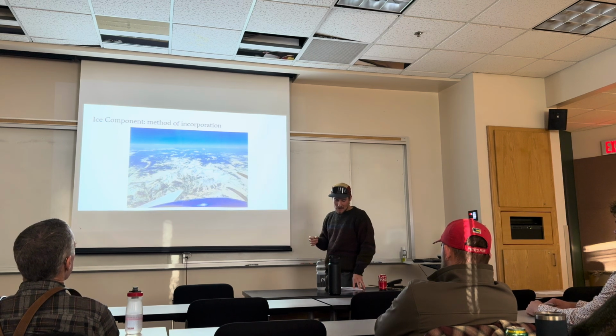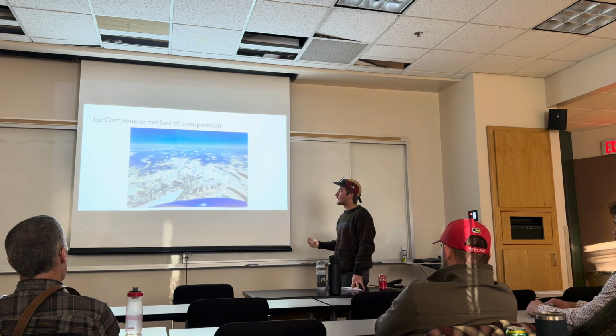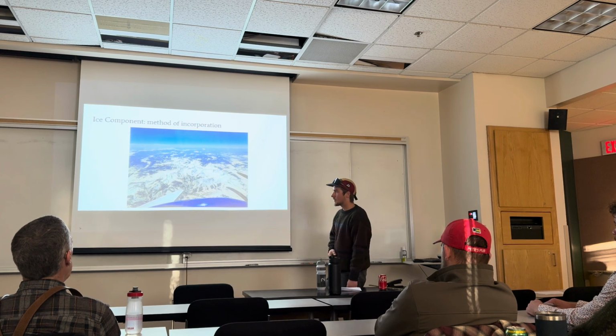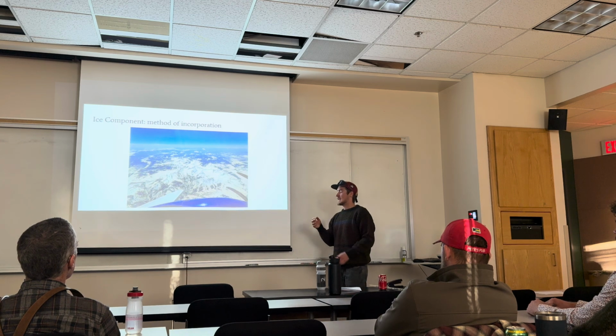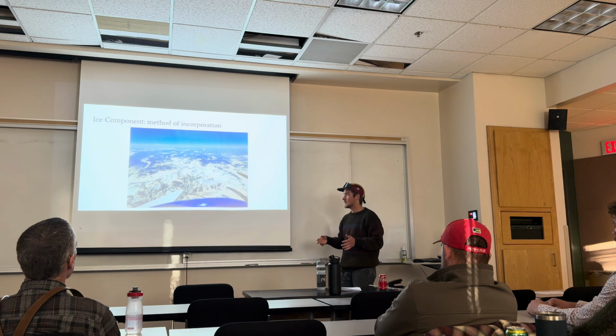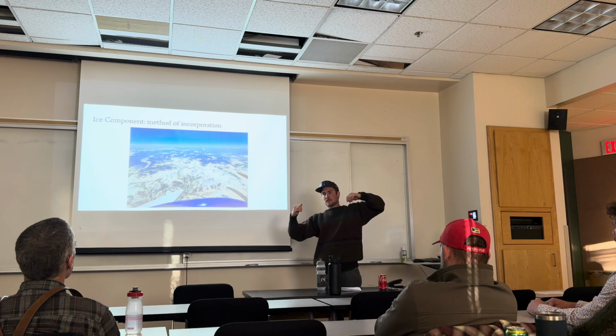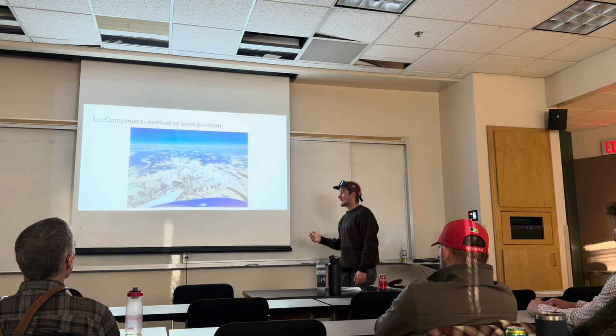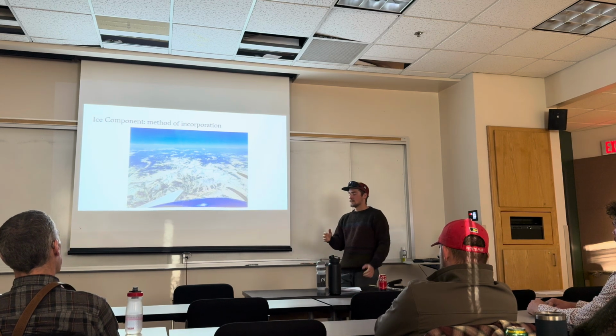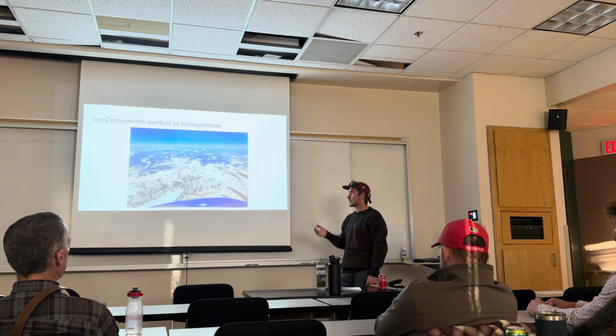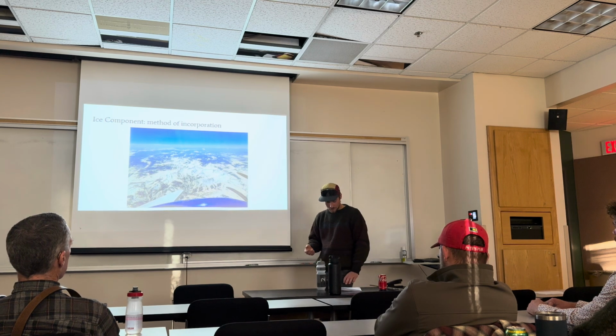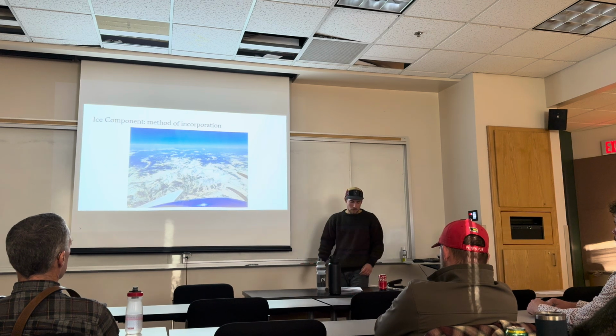We can assume that water is being actively incorporated into functionally all rock glaciers, either currently or sometime in their past before they died and became extinct. Even in the glacial formation model of rock glaciers, you're having modern input of snow and ice into them. And if you didn't, you would see rock glaciers have huge bergschrunds where they've moved away from their headwall slope, and you're not seeing that. I saw it in one rock glacier, but we can assume functionally all rock glaciers are having water put into them actively as well as rockfall. And if you talk about this in terms of slope, which I'm going to do,